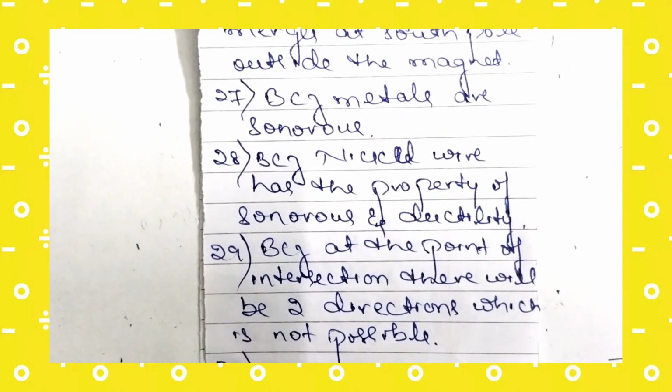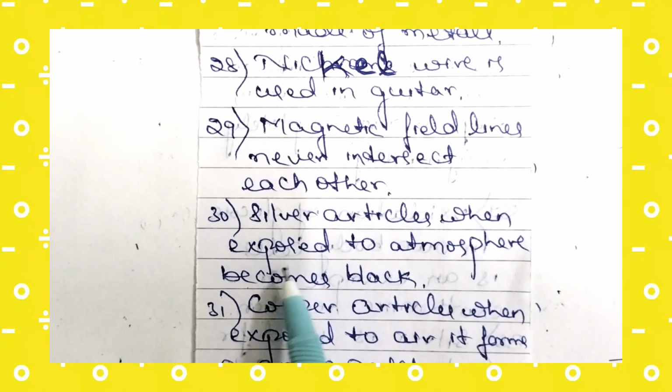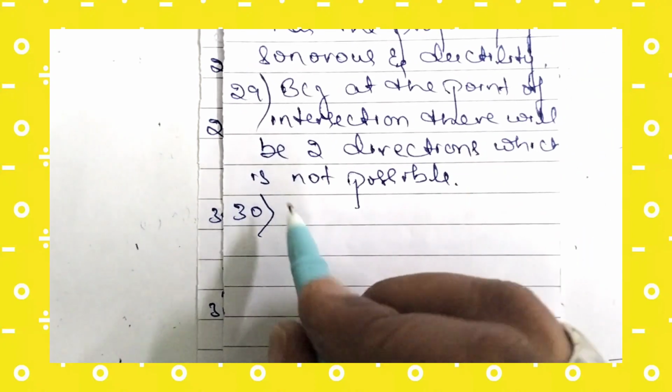Now let us move to question number 30. Silver articles when exposed to the atmosphere become black. So the reason is because